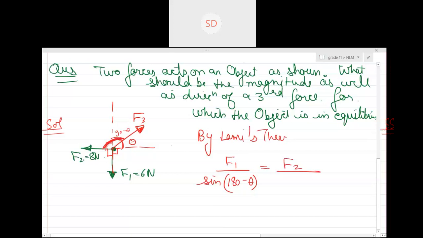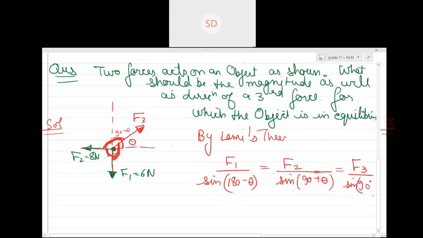Upon F2, what is F2? F2 is basically this, and can you see this angle? What is this angle, guys? 90 plus theta, right? Yes or no? And the last one, what is F3? F3 upon, what is this angle? What is this angle, guys? The angle is 90. So basically, can I write sine 90 over here?